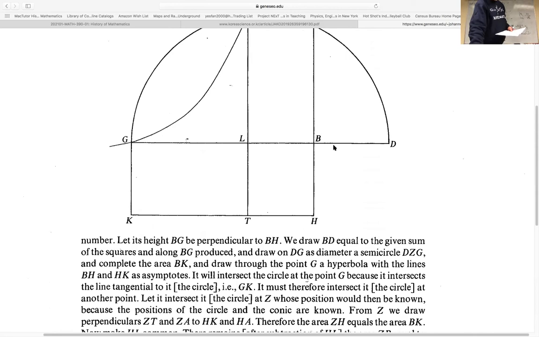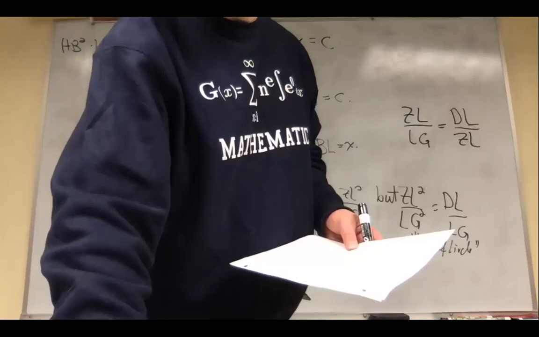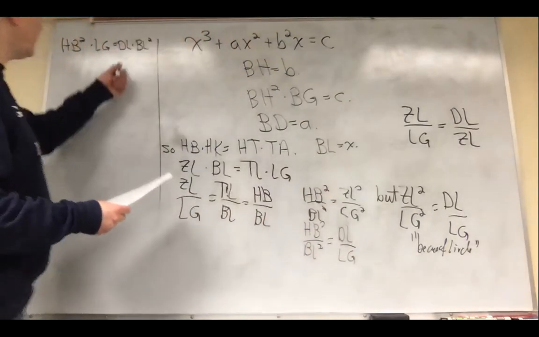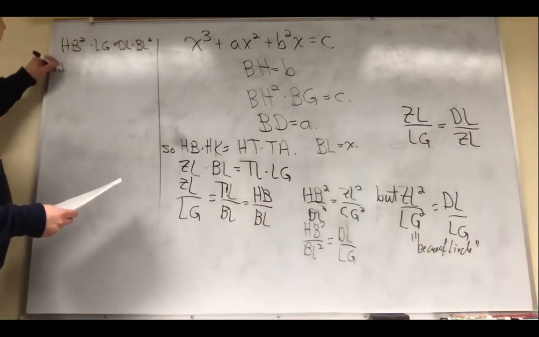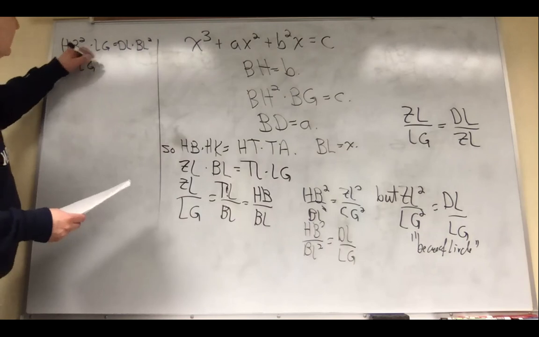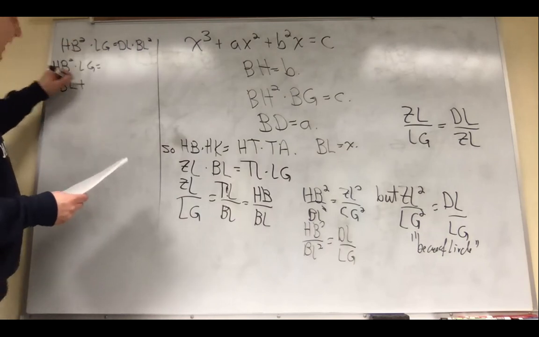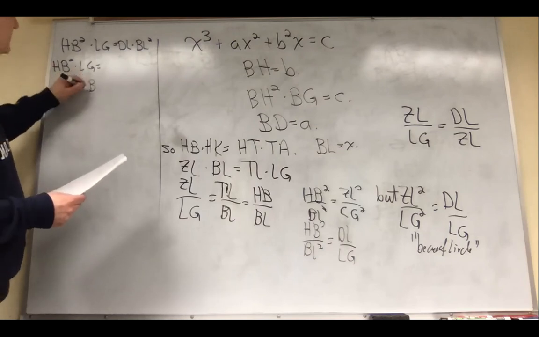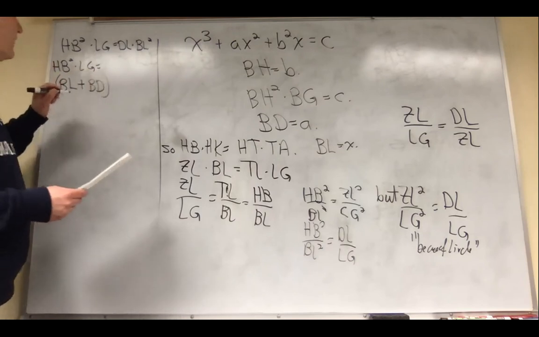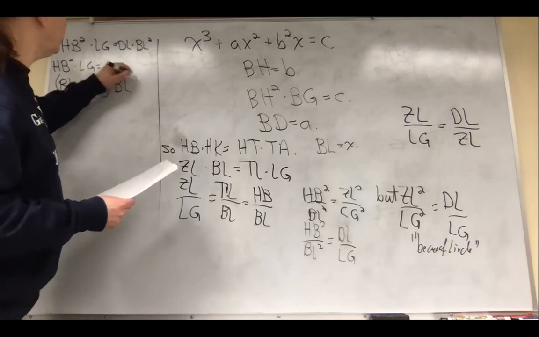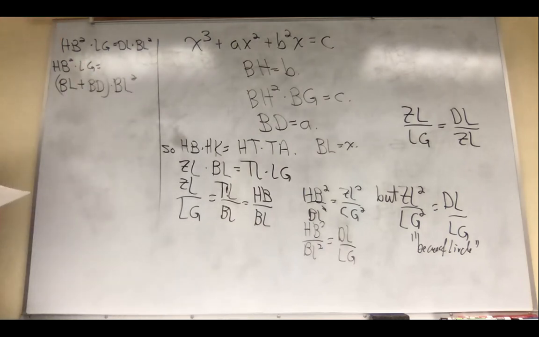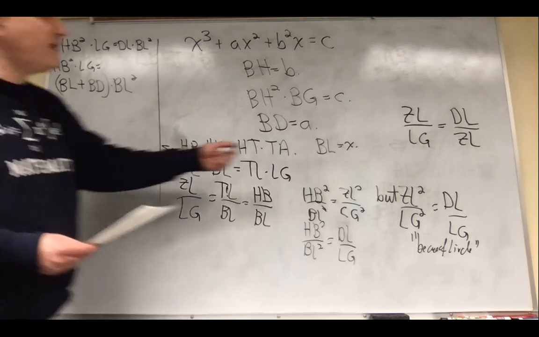DL is apparently BD plus BL. I'm going to let you stop seeing the picture for a moment. If I come up here, I have HB squared times LG equals DL, which is BL plus BD, times BL squared. Okay, all right. We are getting somewhere. Remember, BL squared,